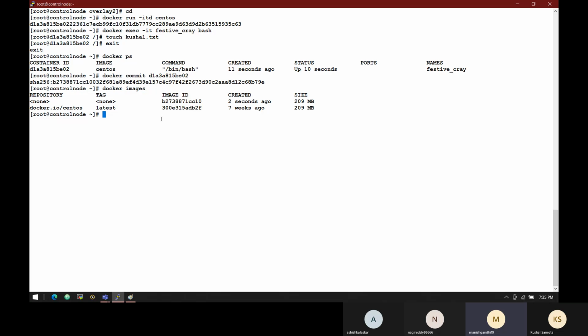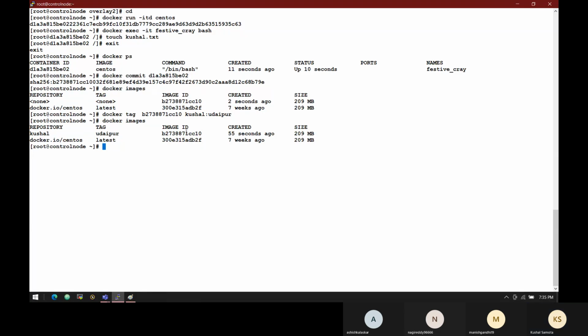If I want to give it a tag, I can use the docker tag command. You are pretty aware of this. We have used this. What tag do I want to give? I want to give kushal:udaipur. Now see, this is having the name. Clear? Now, if you create any container from this image, docker run -itd kushal:udaipur